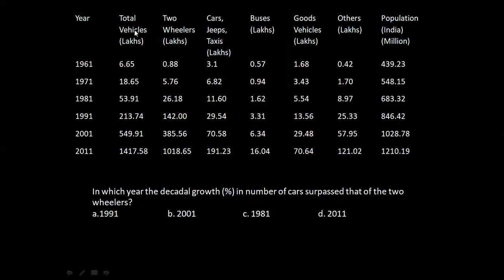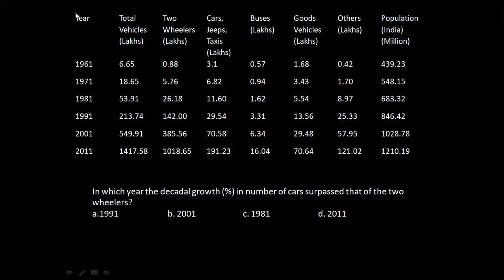The same question consists of 5 other sub-questions under that. In which year did the decadal growth in number of cars surpass that of the two-wheelers? When you're talking about two-wheelers and the year, the same formula applies here as well: the decadal changes divided by the previous decade, into 100. In the previous one, you might ask me why I didn't multiply with 100. When you keep multiplying with 100, you'll get a lot of calculations. Instead of that, to make it simple, we have done it with the decimal itself.